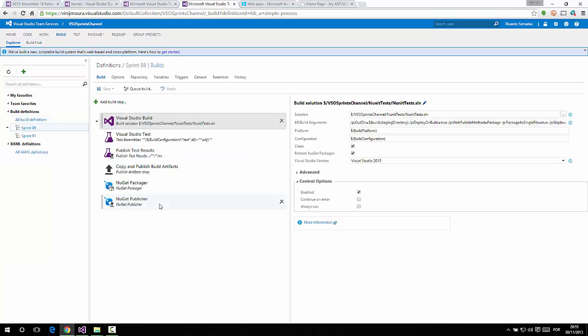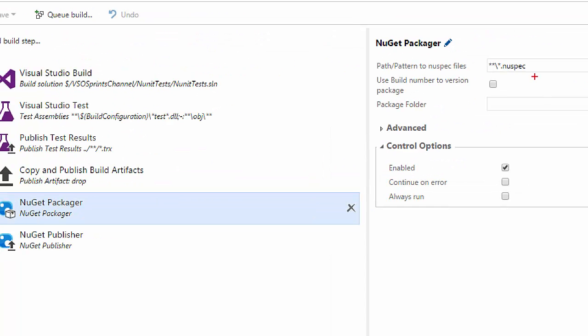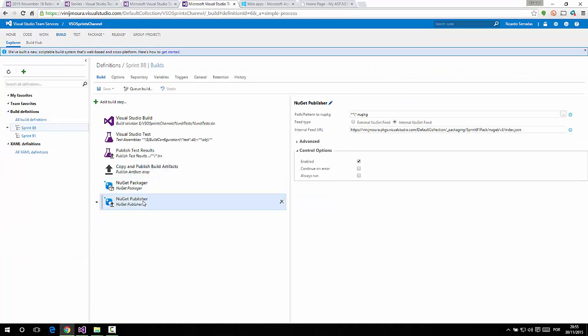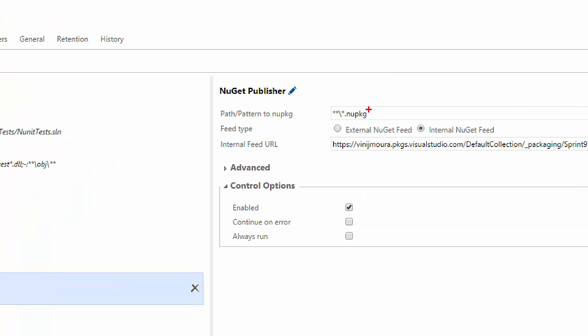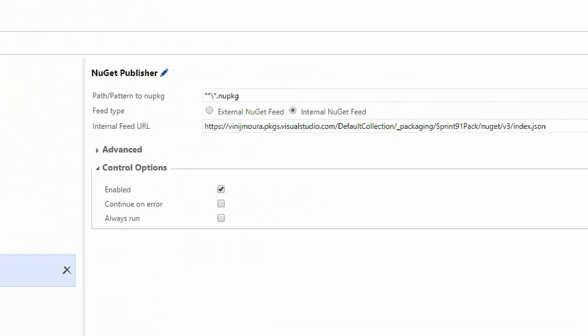This build basically builds a solution which has only a unit test project. Okay, I wanted to create a NuGet package from this project we have inside the solution. So I first ran the command line NuGet spec to create a new spec file from the project, and then I used this file to package my pack. So I search for any new spec files under my source control, and I created the package with that. Once I created that package, I searched for any new package inside my directory structure and published to this internal